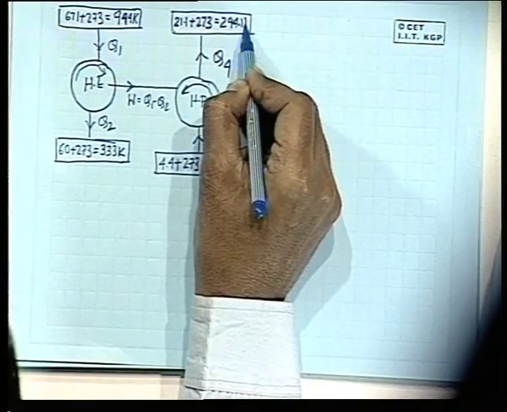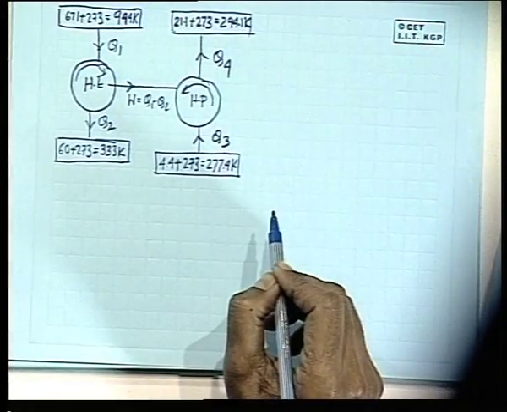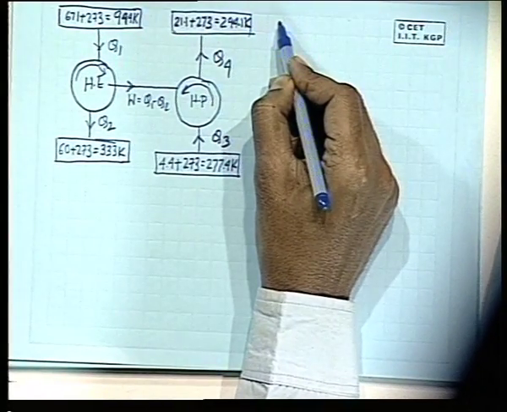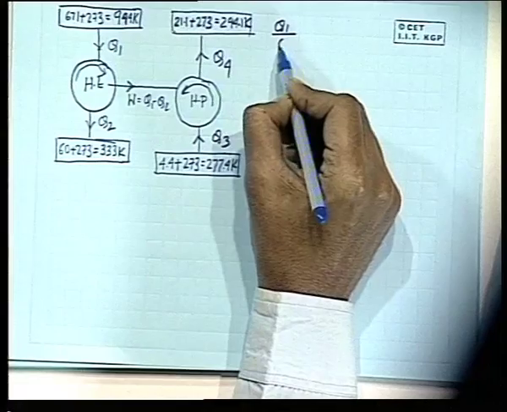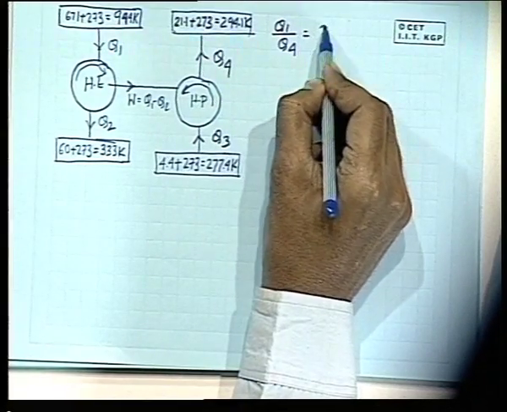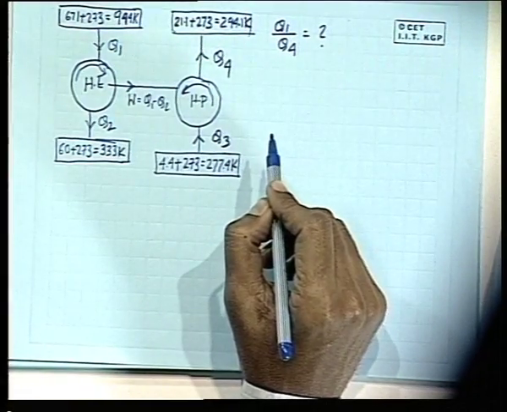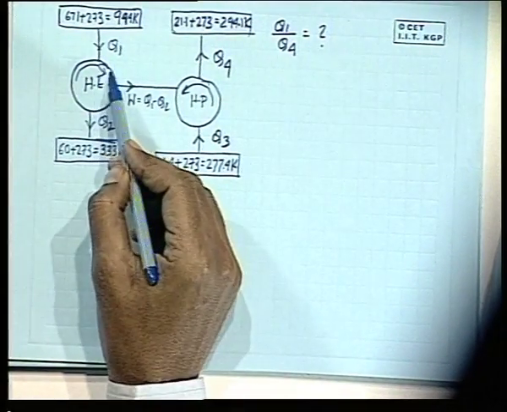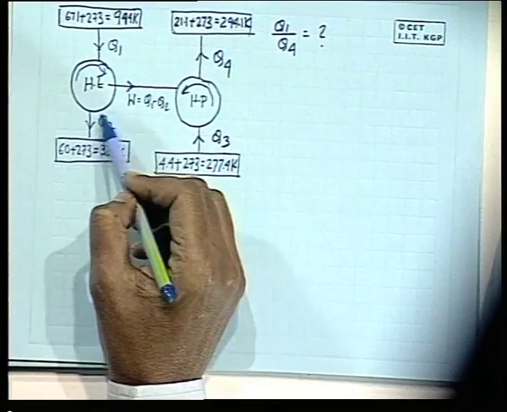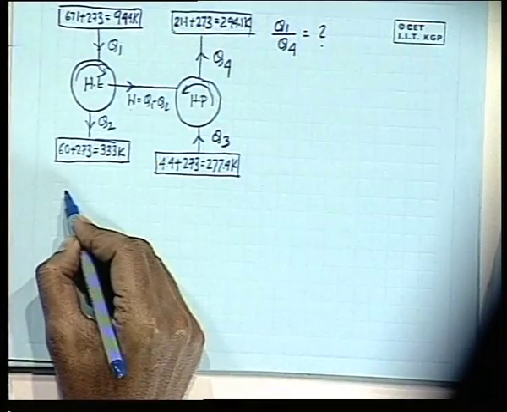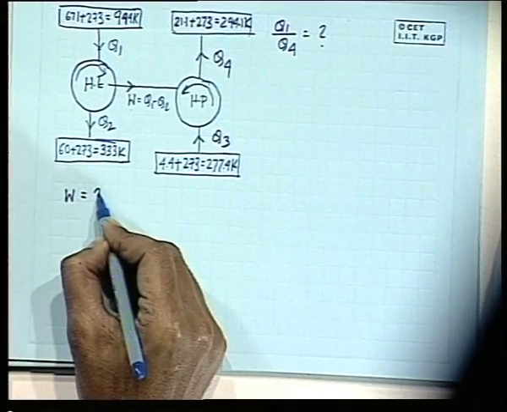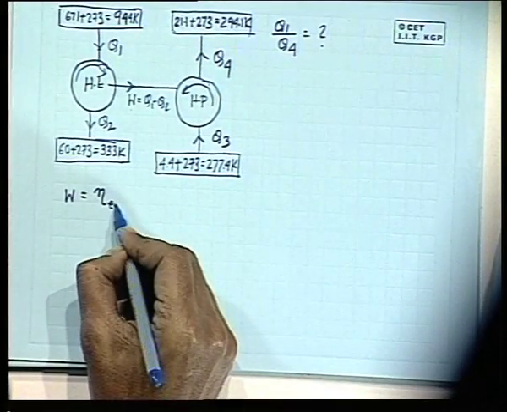294.1 K. All right. Now, what do we have to find out? We have to find out Q1 by Q4. Now, you see, the efficiency of this engine is 50% of the Carnot's efficiency. So, therefore, work: now what is work here? Work is eta of this engine, eta engine